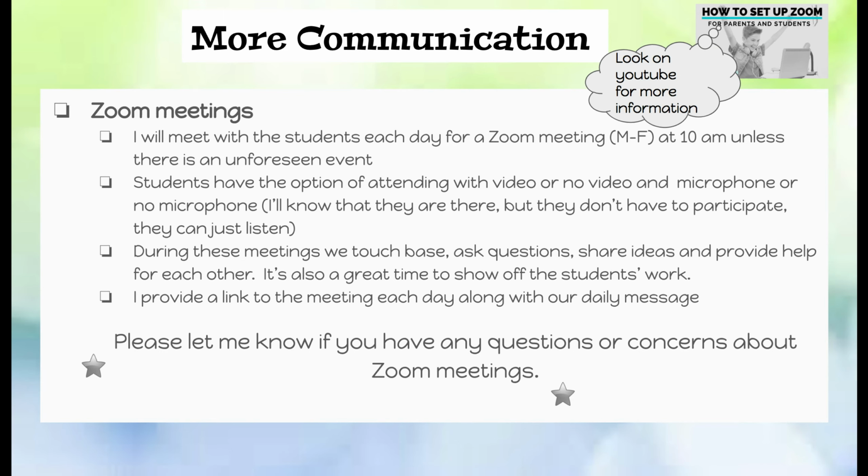But I do want the kids to know they don't have to come in by video. They don't have to come in on audio. They can mute themselves, and that way they can just listen and they can participate if they choose to. It's completely up to them. I do not record any of these, and I'm following all the safety measures out there to make sure that